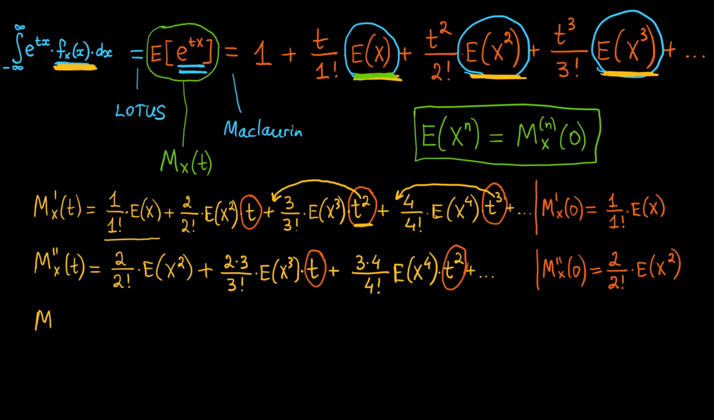Now let's have a look at the third derivative of the moment generating function, and the pattern I think should be apparent. The derivative of this first term is 0. The derivative of the second term will give us everything other than t, which is what? We have 2 times 3 in the numerator. And notice that we could put a 1 in here, right? And effectively then in the numerator we have 3 factorial. And we have 3 factorial in the denominator as well. So let's write it as 3 factorial over 3 factorial times the expected value of x cubed,